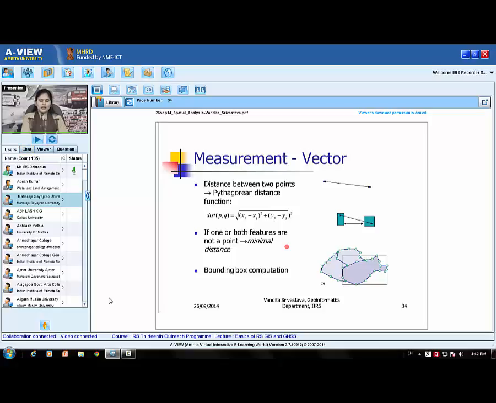You can also have the distances between a point and a line. You can have all the densities, all the distances, minimal distance, maximal distance, distance from the midpoint of a line, distance from the farthest point on the polygon to a point. So all those are other